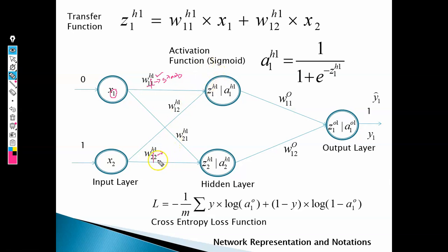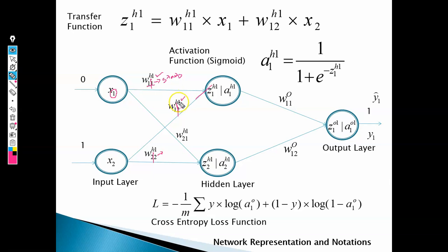So this is w22, and this is w12: it starts from the previous layer's second neuron and it ends in the current layer's first neuron. These are the representations of the weights, and the superscript represents